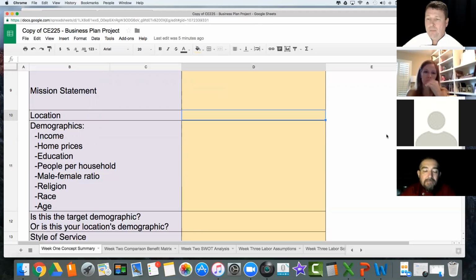So in the demographic, it should include most of what's there, if not all of it. You might even find something ultimately that is interesting on top of this, and you can add to it.